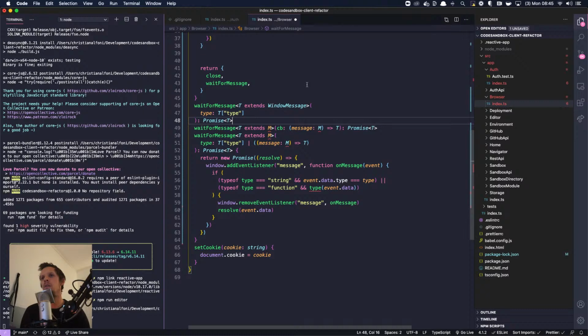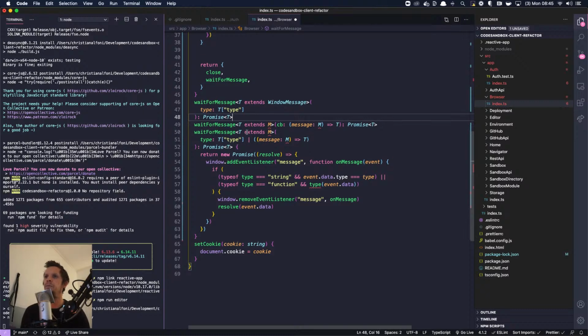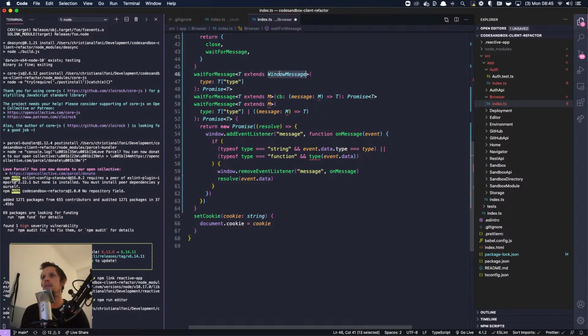But here we are extending window message where there can be multiple messages. That's the point. So the message here might be T, yeah, whatever it is, and then well, this is not T, this is a specific T. So how do we do that? How do we type that? So we can't use,